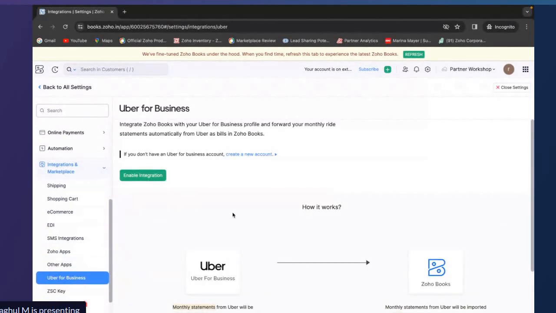And then we also have Uber for Business. This is a very, very nice integration to have. If you have a large sales team who travel on a day-to-day basis, your sales representatives who are doing a lot of travel on behalf of the company can basically do the travel, and automatically whatever amount was incurred, Uber will be able to push it into Zoho Books,